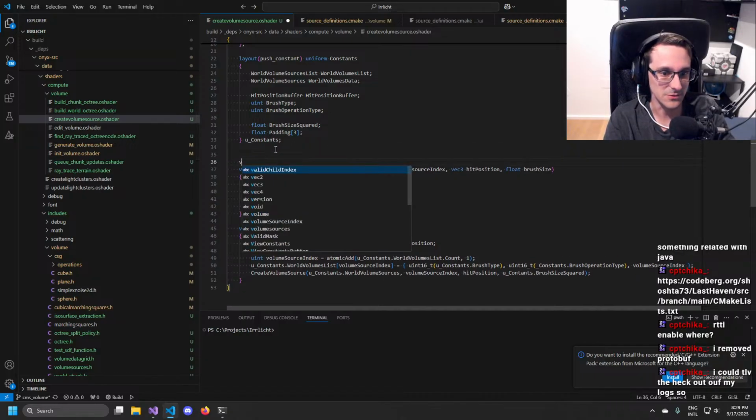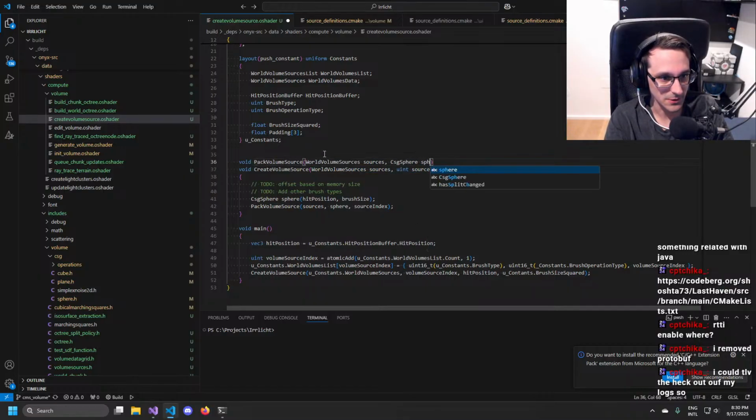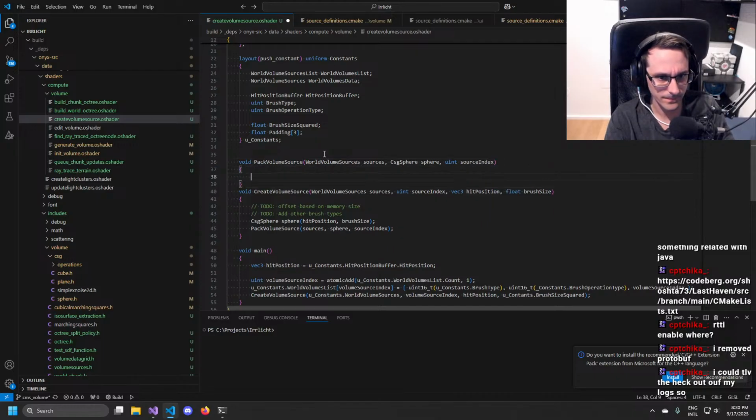And then let's do it here for now. Void pack volume source with the CSG, or with this, and CSG sphere, and the U and source index. That sources at source index is our sphere